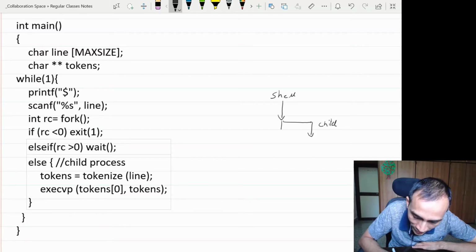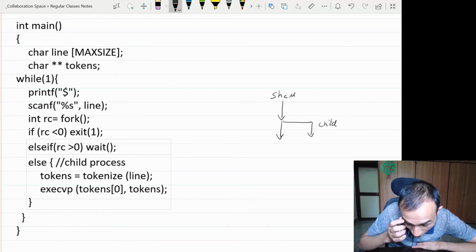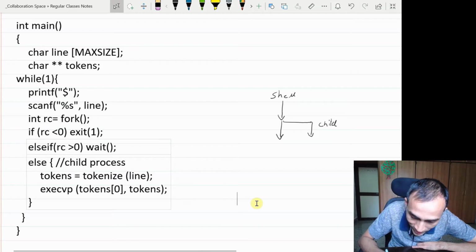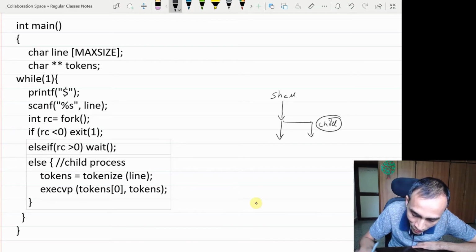Your shell program is now an independent shell process, and your child, where you are doing exec, is an independent process. Shell program has some control over the child process in case it wants to kill it, or even wait for it to finish. But the child as such has no control over the parent. So this child process completes, finishes and goes away. It gets removed from the ready queue. The shell program will continue doing its own job irrespective of how the child was.